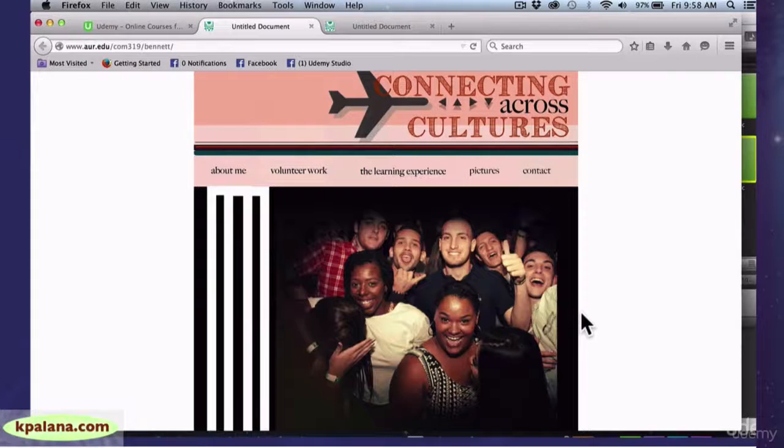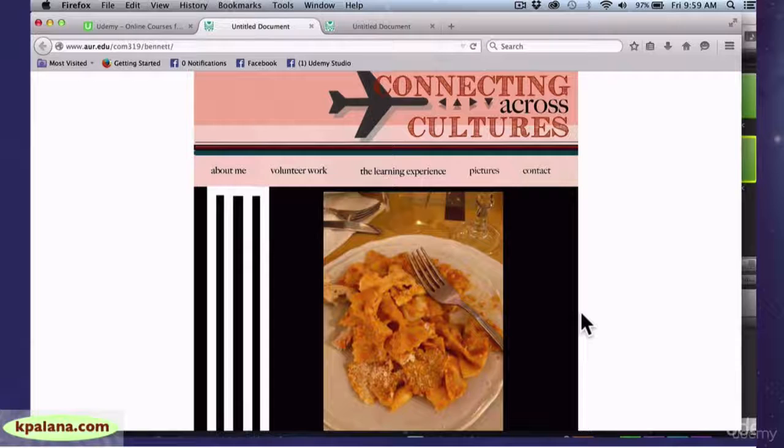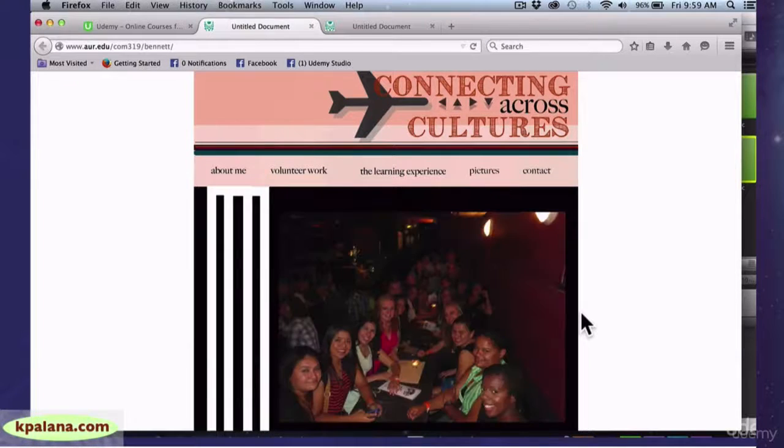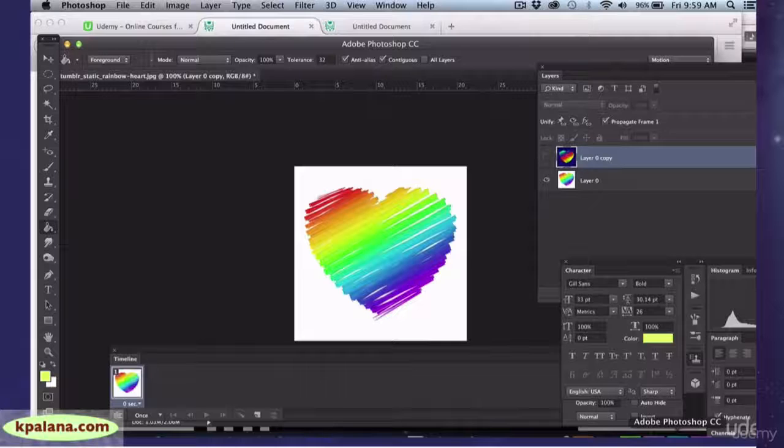lesson. What I'm going to show you now is a way to make a slideshow where the images fade in and fade out. So if you want a smoother transition, then you can use this other way of making an animated GIF. Okay, so I'm going to click on Photoshop, and I'm in Photoshop, and you see I've